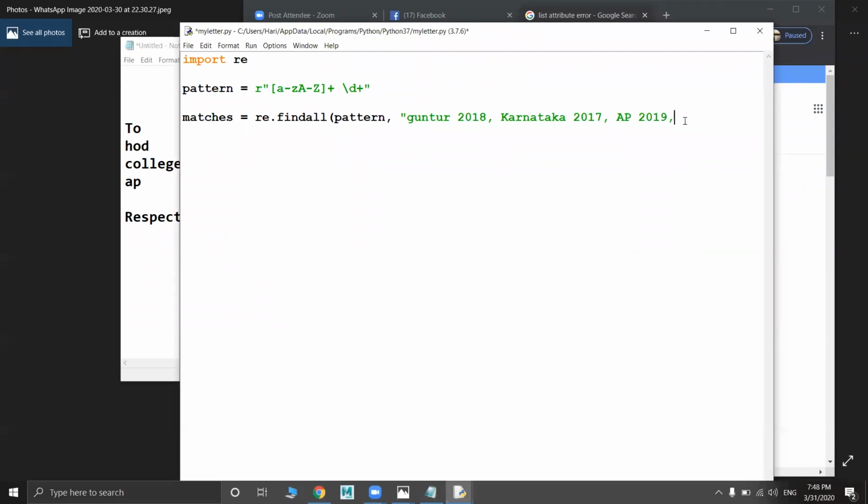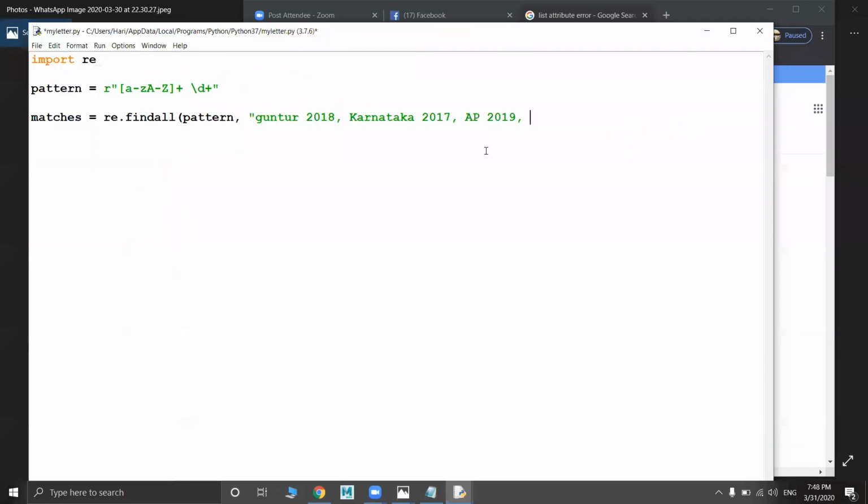And then some other thing like Hyundai, Creta, Scorpio 245. Okay, this is the string I gave.